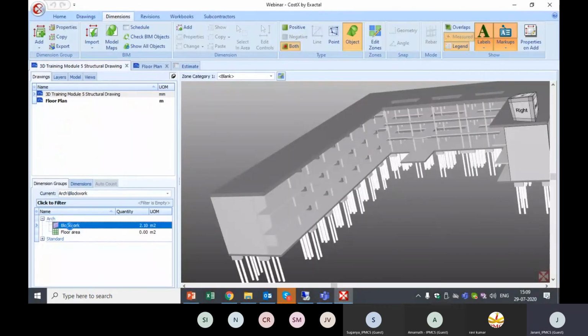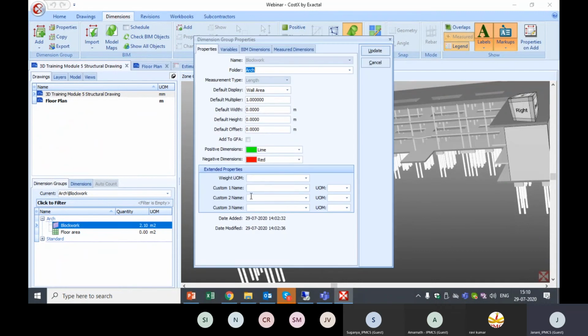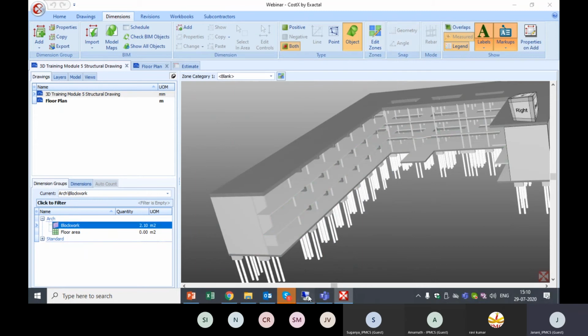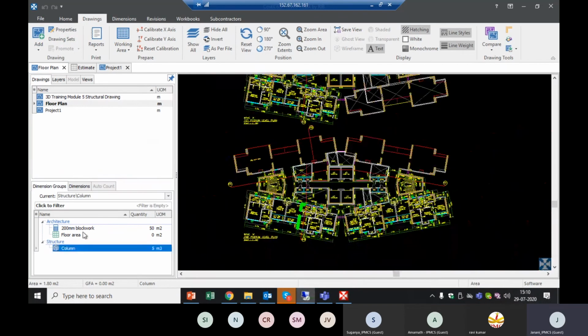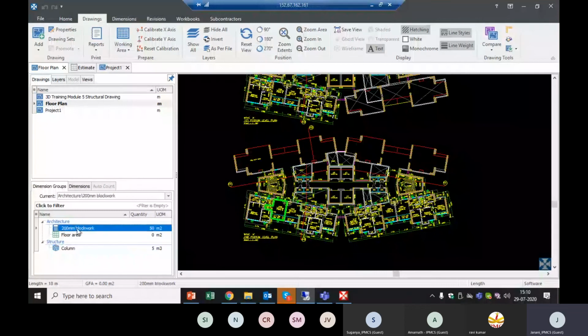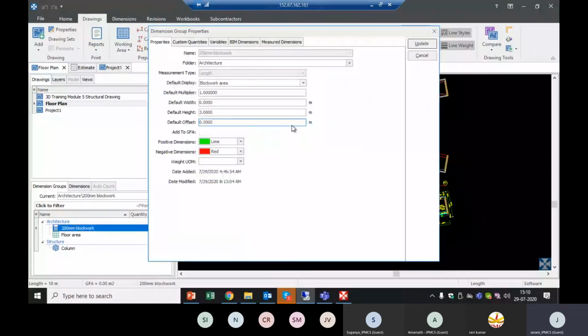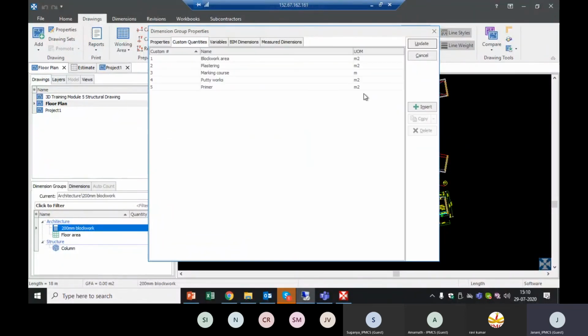So this is Costex 6.8. Here you can see we have a limited number of 3 custom quantities. Now when we see the same in Costex 6.9, say I want to create a new quantity for block work, a new tab is introduced called custom quantities. Here we can add an unlimited number of formulas. In addition to that, if we have any custom quantities created in Excel, we can convert them to CSV and import them automatically.